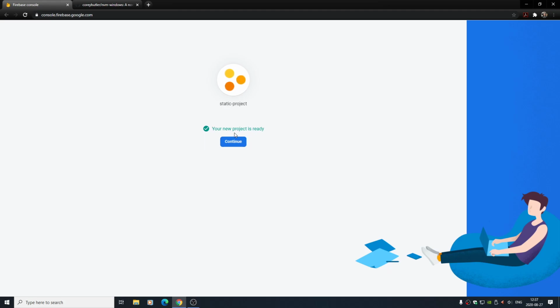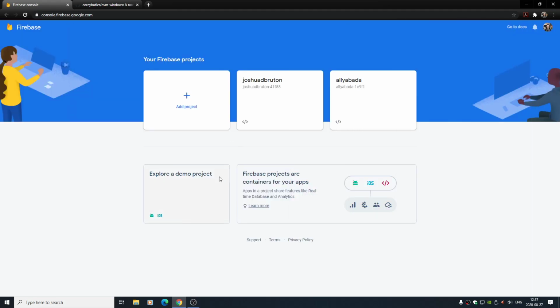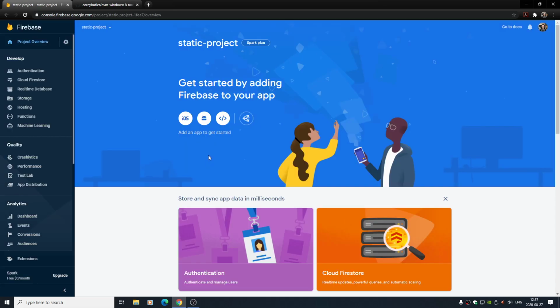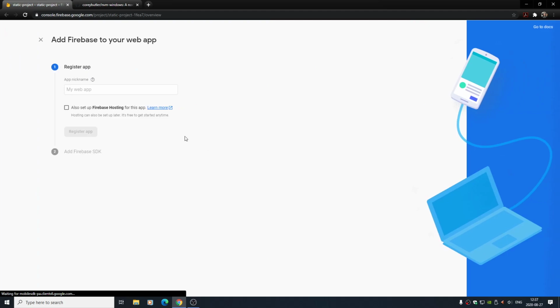Firebase just finished creating the project, so you can now just hit continue, and it'll take you to the actual dashboard for this project. What we want to do now is just create a web application. I find this just makes the process later on a little bit easier. So just hit web,